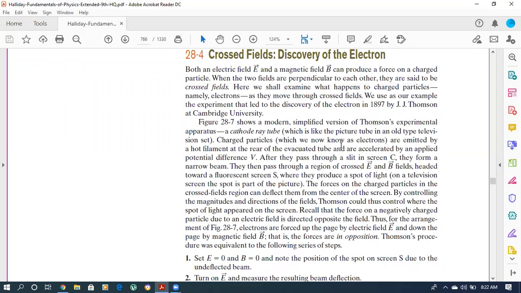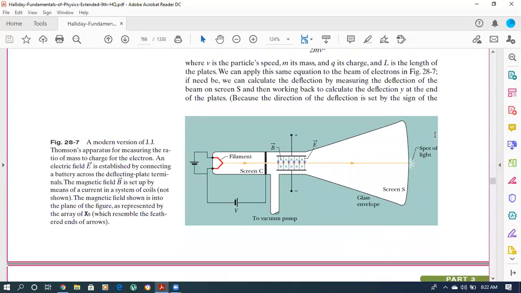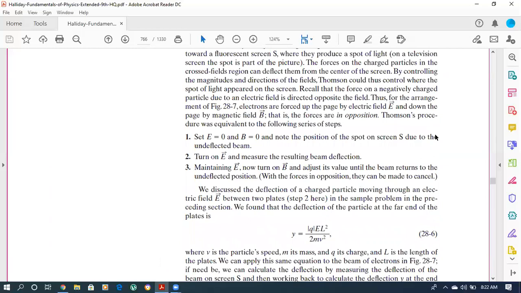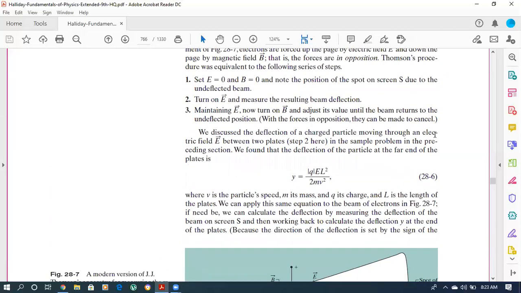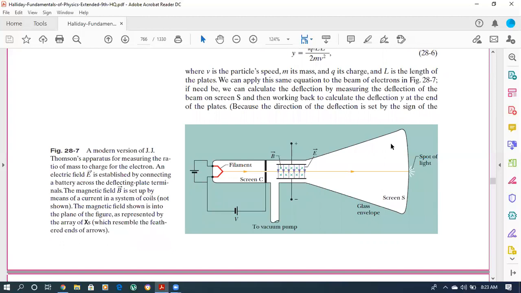Or in other words, you may say J.J. Thomson discovered the electron using this concept. So how did it happen? How did he apply both electric and magnetic fields simultaneously, and how must they be applied? All of this required some theoretical work and then experimental work. So jointly, using this equation and both these electric and magnetic fields,